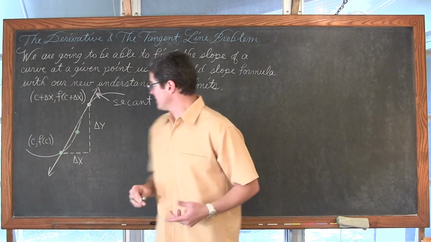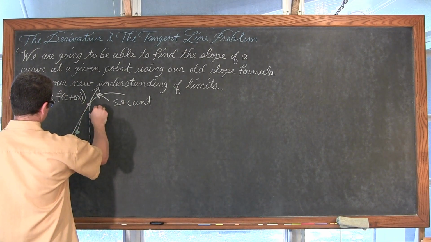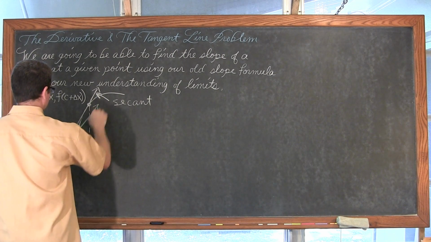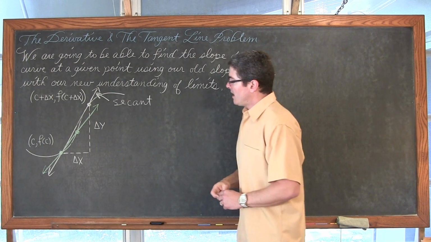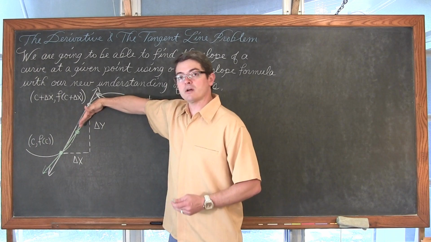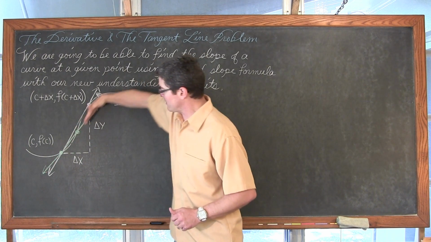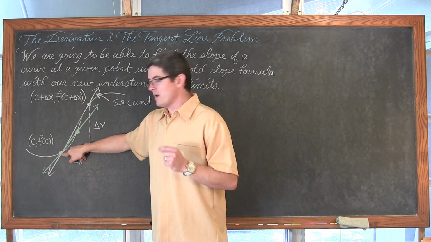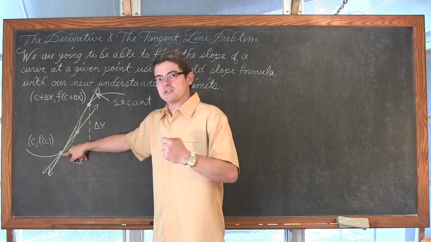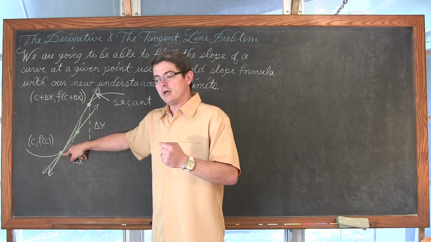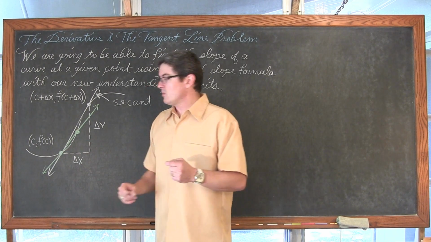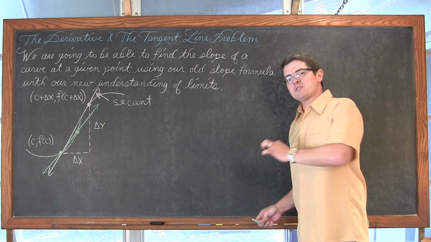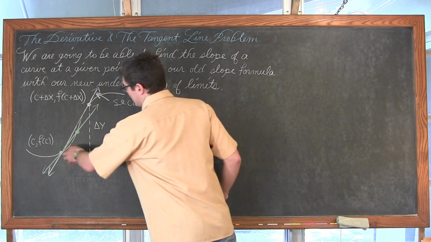Well, if I redraw that new secant line, best I can without a ruler, we can see that the slope of that line is starting to come down a little bit and do a little bit of a better job of estimating the slope of that curve at that point. But it still seems like a tangent line is ultimately what I'm trying to find, the slope of a tangent line, and a tangent line is only supposed to touch a curve at 1 point. So you still need 2 points to find the slope of a line, but those points aren't really close enough yet to give me a really good estimation.